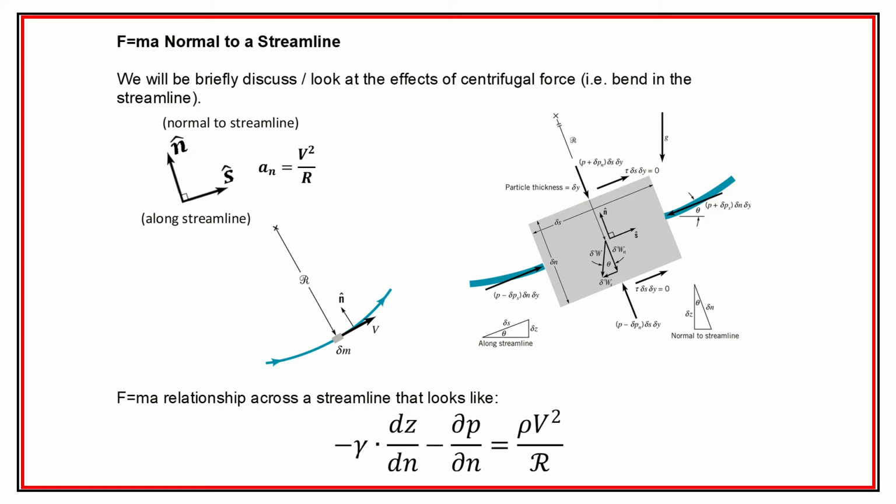Anyway, in similar fashion to how we derived from Bernoulli, we could also take a look, instead of the streamline direction, at the direction normal to the streamline. In that case, the acceleration that we're looking at becomes... can I write on this? There you go, we can write on it here. Then the acceleration